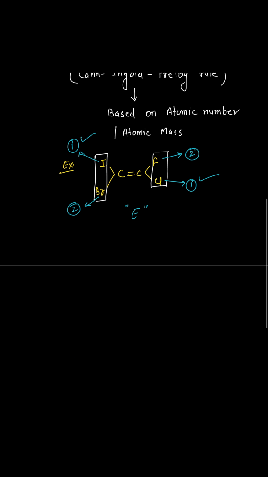Opposite side means we consider this the E isomer, Entgegen. Or if C double bond C, I just reverse the substituents, so here between fluorine and chlorine, chlorine gets the first priority and this is the second priority. Here iodine is first priority and this is the second priority. I just reverse these, so you can observe priority 1 is coming on the same side, meaning it is considered Z, the Zusammen or cis pattern. And that's how we can apply the CIP rule.